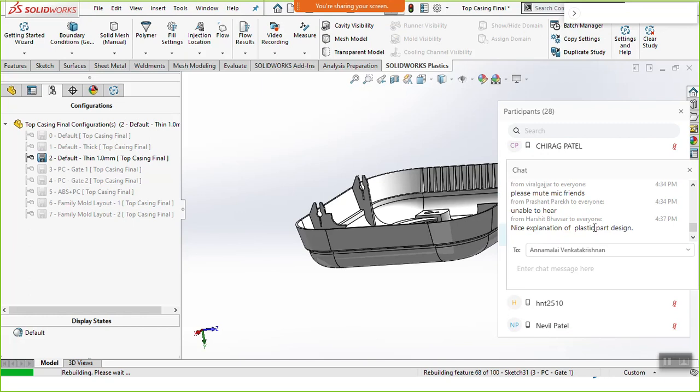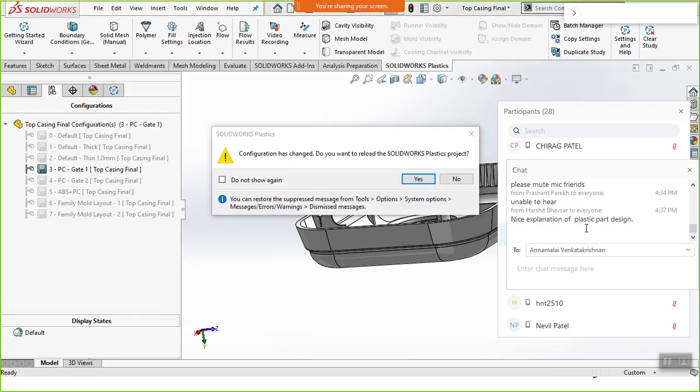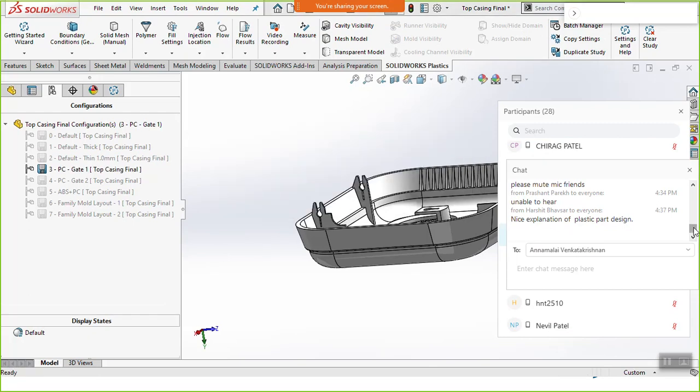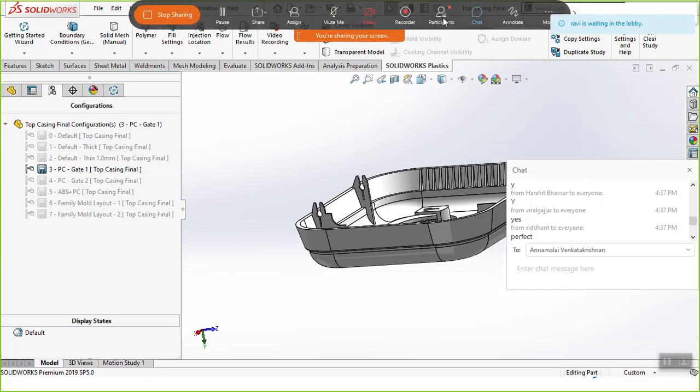I can see Mr. Prashant is not able to hear me. Is everybody audible? Can you just type in the chat box Y if you are able to hear me, and N if you are unable to hear me? Okay, I can see Y coming up. Thank you everybody. I think there may be an issue from your computer or something. Regarding any queries, I have kept a special slot at the end. We can have a look at all the queries. Thank you.